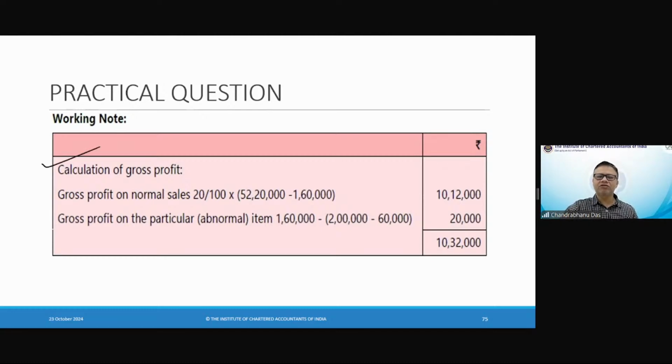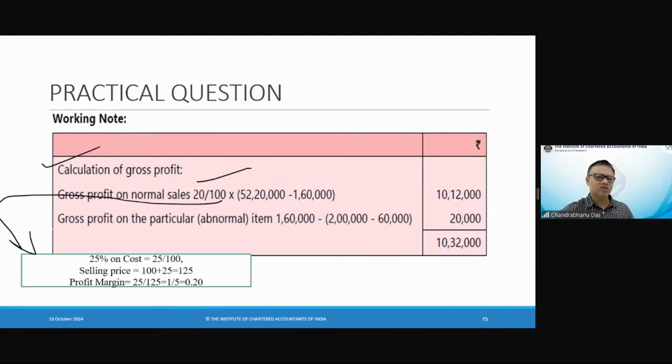So what happens when you are calculating gross profit? First, you know that gross profit on normal sales is 20 by 100 because it is 25% on cost. If it is 25% on cost, it means 25 by 100. Consider cost as 100. Selling price is 100 plus 25, 125. So your profit margin is 25 by 125, which is 1 by 5, that is 20%. That profit margin is multiplied with sales to find the gross profit. From the sales of 52 lakhs 20,000, you deduct 1 lakh 60,000, which is the sales value embedded inside the sales of the